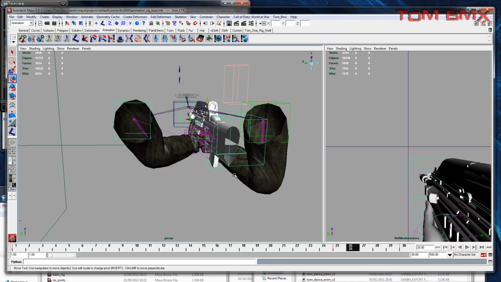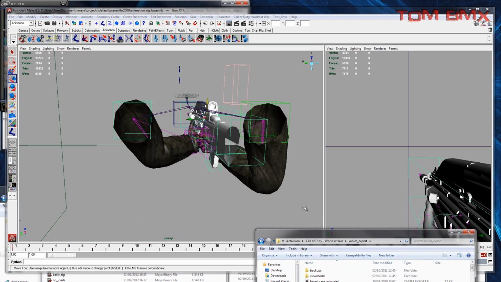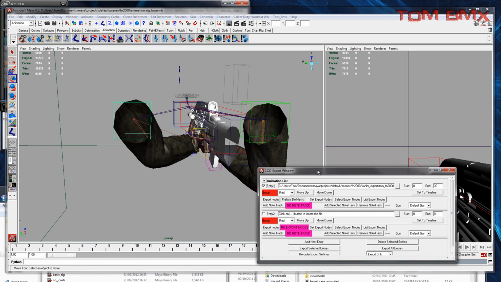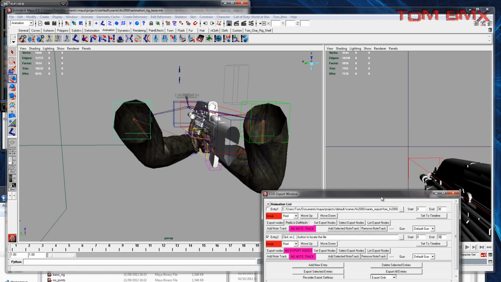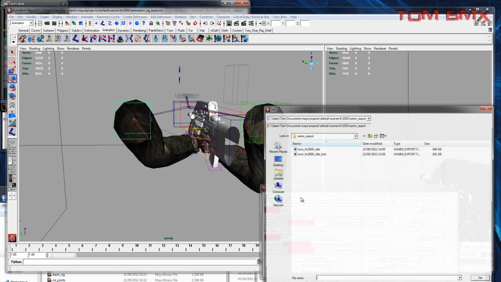Or you can do like I did for some of my melee weapons, where you have fancy flicks between the hands and stuff. It's up to you, but I'm just going to do this for now. We're going to add a new entry. So unselect the animation one. That's this one, 0 frame to 130. So yeah. Save this as